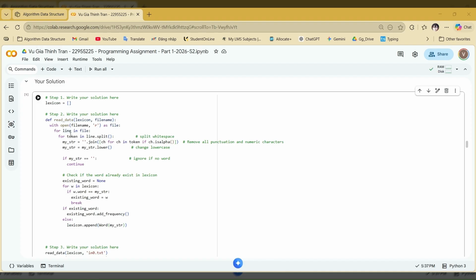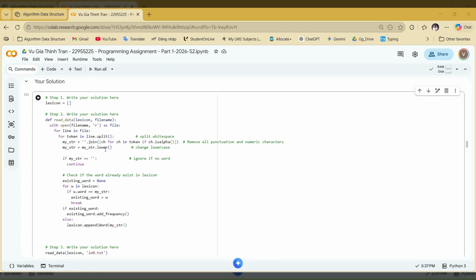For each line, I use split to split it into tokens based on white space. For each token, I use list comprehension to retain only alphabetical characters using isalpha to remove punctuation and